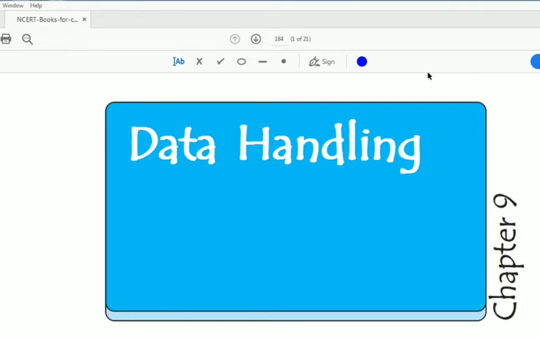And now in today's session we are going to study through the PDF file of our textbook chapter number 9, data handling. So dear students, why am I going to use this PDF file? Because there are lots of examples in the textbook and today we have to study them. So what is data handling? Data means the collected information, and handling means how we can handle it and interpret its result. So without wasting our time, we will start to study our new chapter of mathematics, that is data handling.